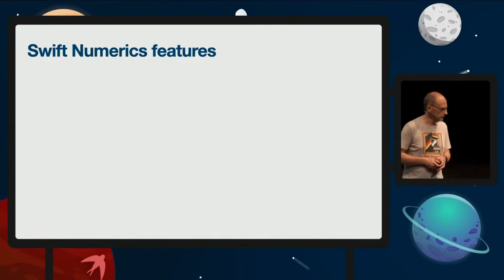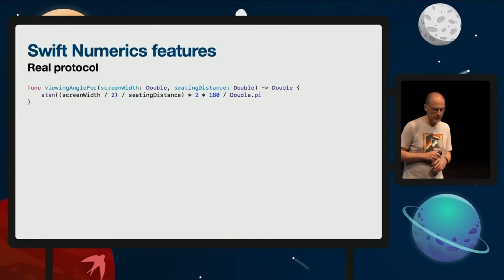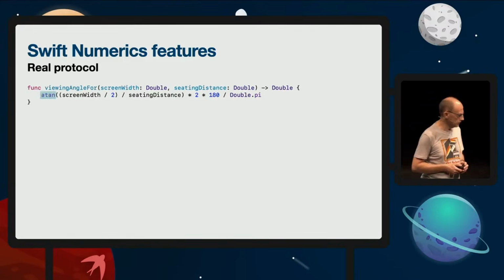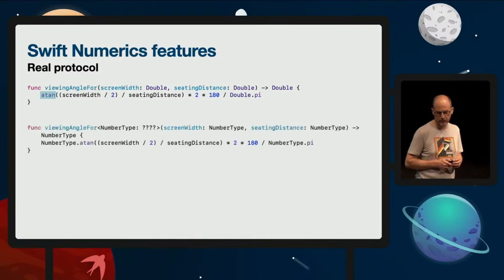Now, more concretely, Swift Numerics can already be helpful in a number of ways. Let's say, for instance, that you have this function that you want to make generic. However, it's using a trigonometric operation. So over what do you want to make it generic? Well, Swift Numerics introduces the Real protocol and makes Double and Float conform to it. And so now this allows us to rewrite the function to be generic over all representations of real numbers.